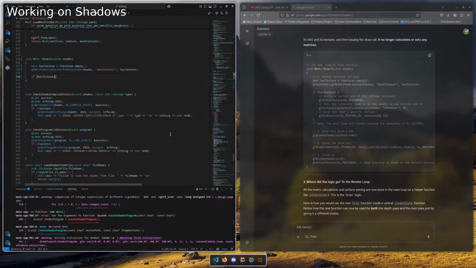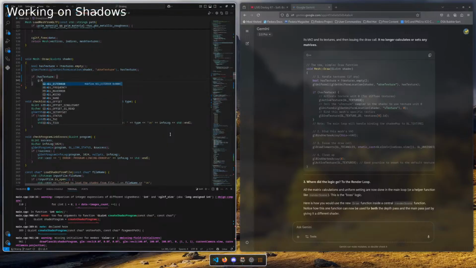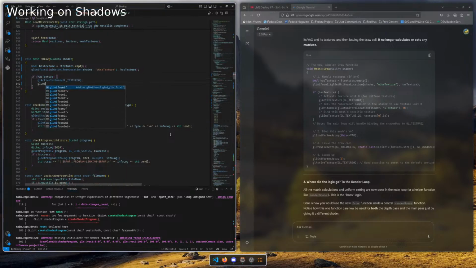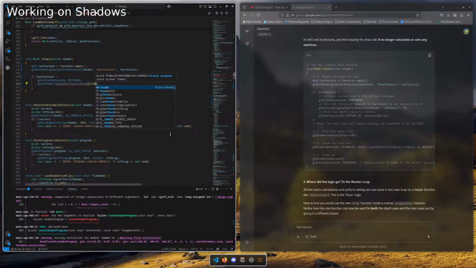Has textures. GL activate. Okay, cool. So we told the uniform value to use the texture 0.